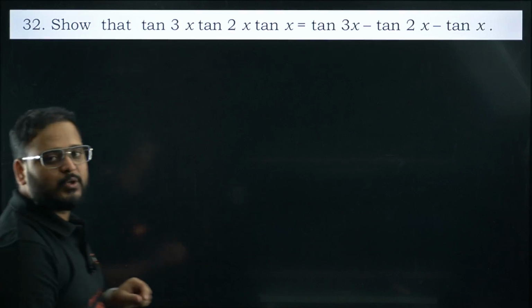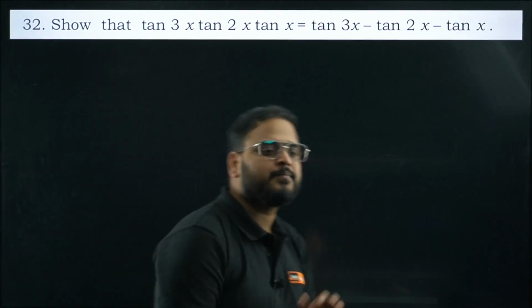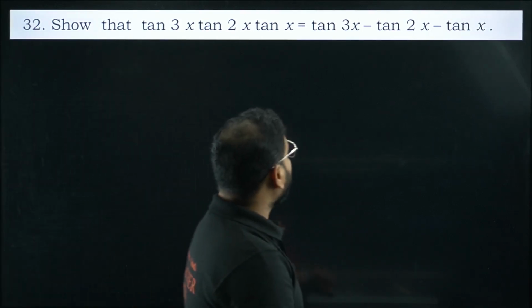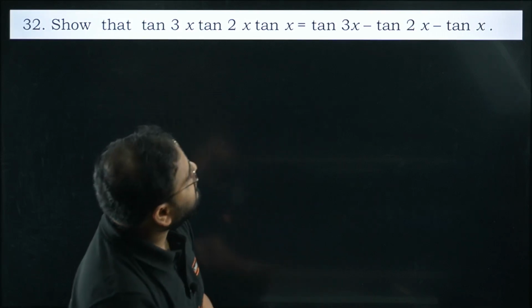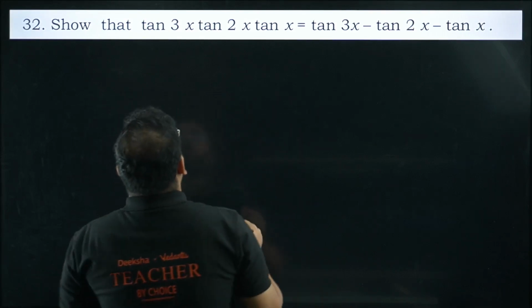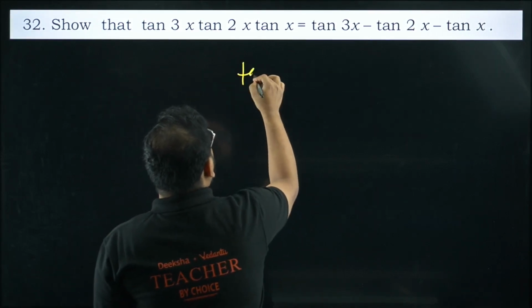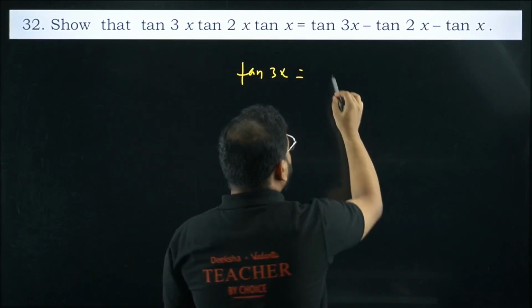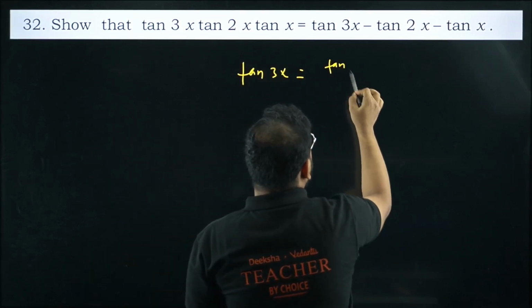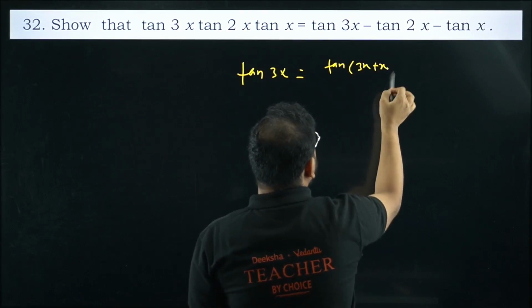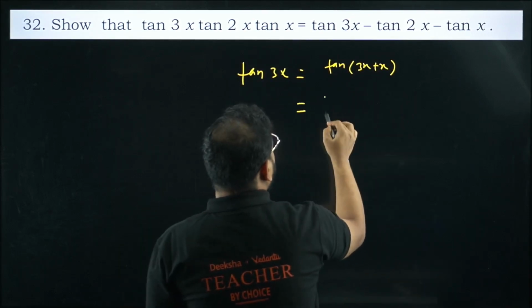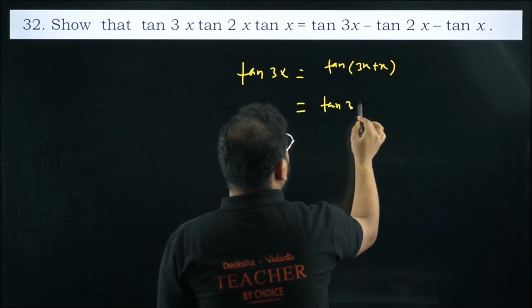Moving on to question number 32. Simple question. 31 was very simple. So that tan 3x, tan 2x, tan x, all multiplication is equal to tan 3x minus tan 2x minus tan x. Okay, let's solve it. How can you solve it? Tan 3x can be written as, check this out, tan of 3x plus x, right? So it will become tan 3x